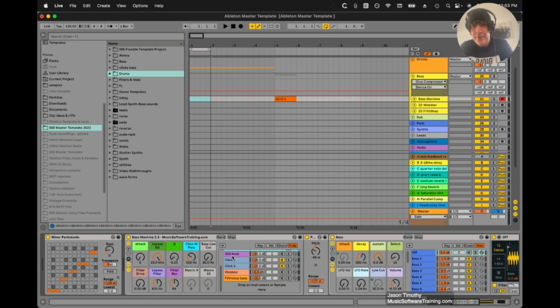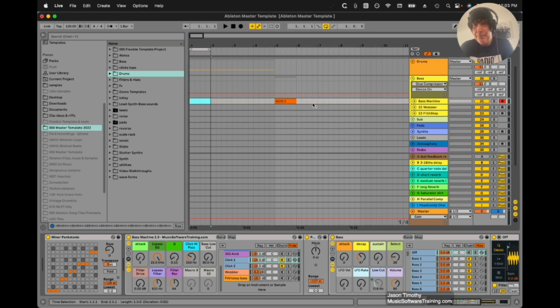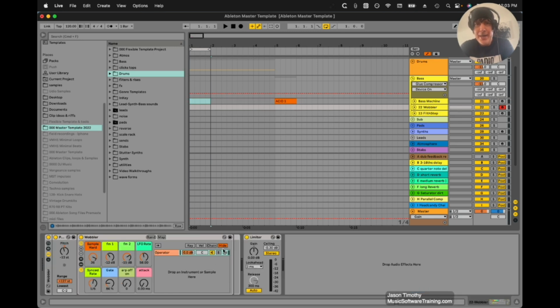On top of that, you've got the transient tracks here, so you could pick between different sorts of transients. And then once again, you can adjust the volume for each layer. So you can do a whole lot with the bass machine. So you can get pretty much any sound that you want. And then we've got the wobbler bass. This is really good with automation and stuff like that, but